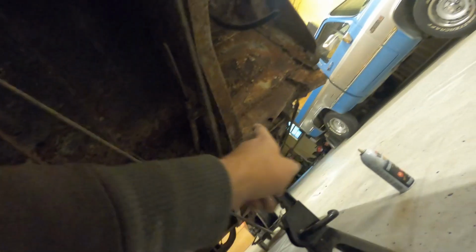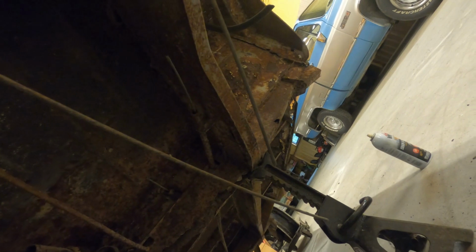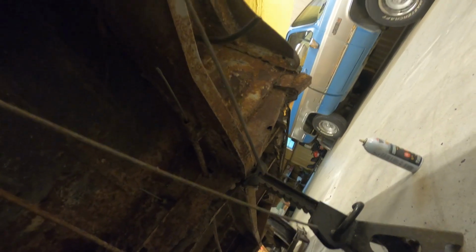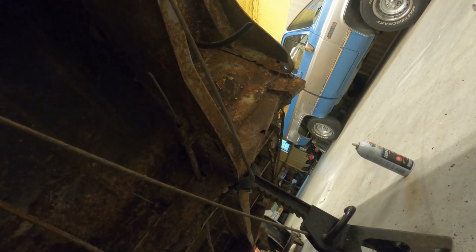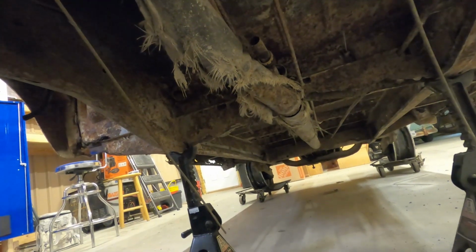I gotta replace this core support, which they make. These are outrigger jack stands. They remake all that stuff. Alright, I did that a little quicker than I thought. So I guess the next step is to